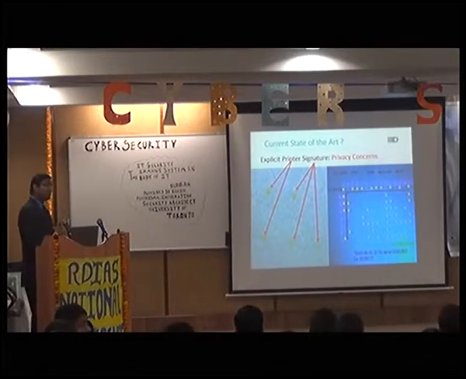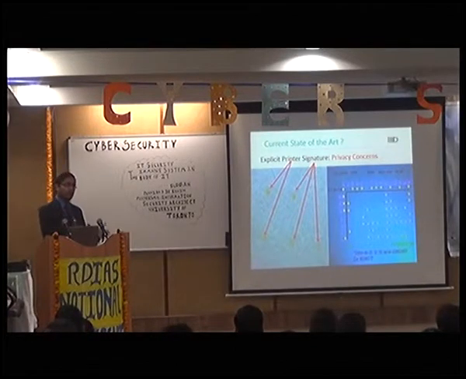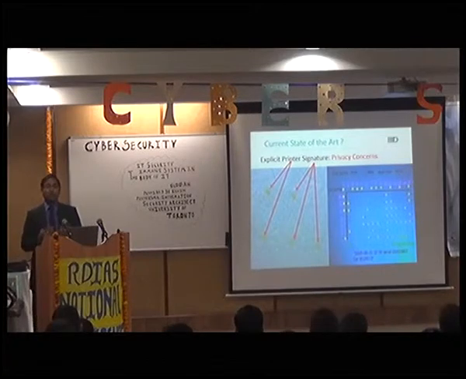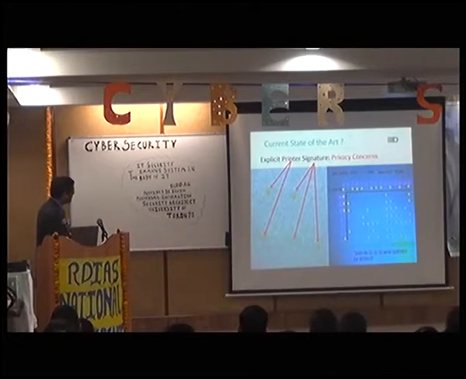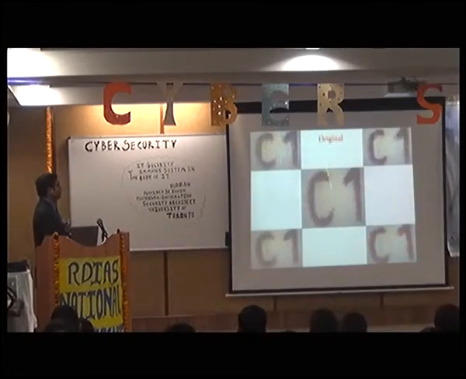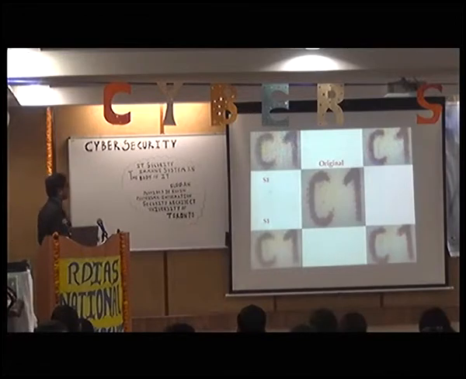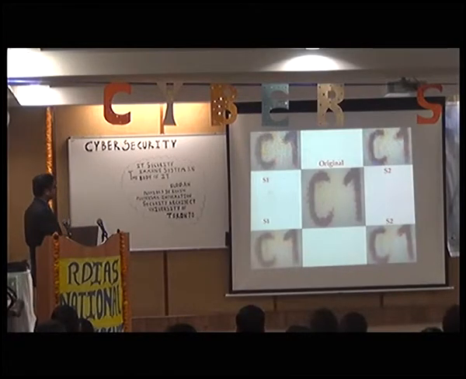But what we did is we generated a lot of documents by scanning and printing with various printers to find out whether there is an inherent signature, because of the wear and tear of the printer and the mechanical nature of printing, which is there without any intervention. This is a document magnified using a microscope, and these are the 4 fakes. We produced 4 fake documents by scanning a document with 2 scanners and then printing with 2 printers. We got 4 images, and these are the magnified images.